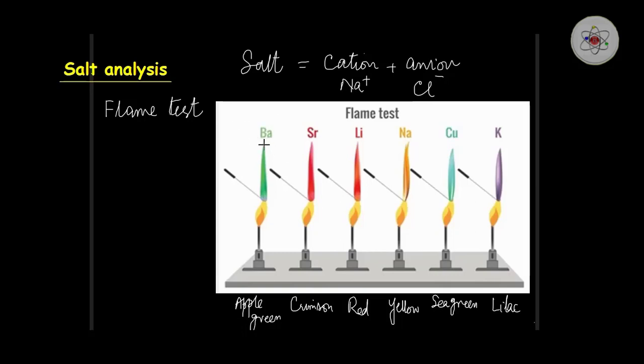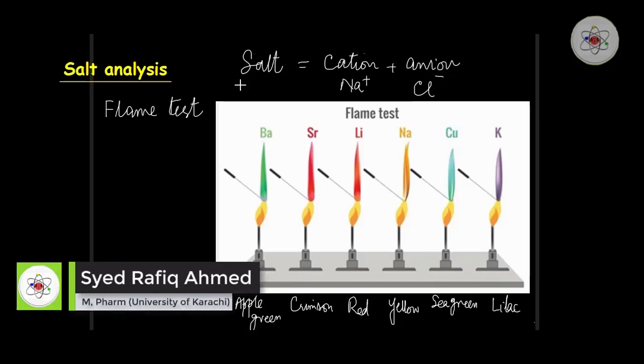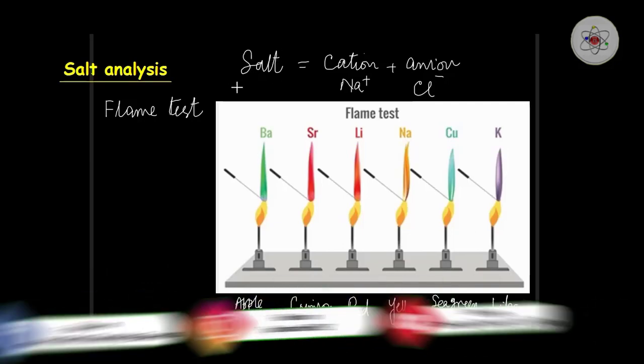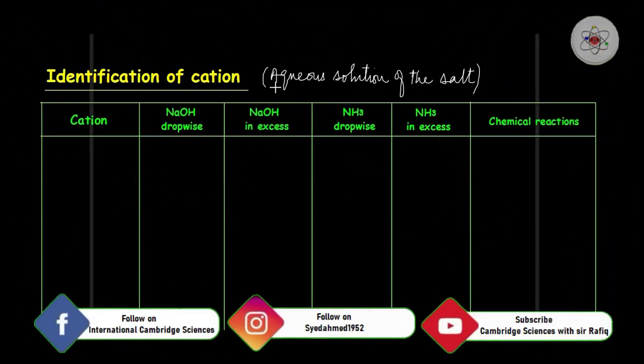But many ions like transition metal ions cannot be identified by flame test. So what we do basically, we dissolve the salt to make its aqueous solution, and then we do some tests adding reagents to find out those cations using the aqueous solution. So the sample of aqueous solution of the salt is taken in a different test tube. So first of all, we are going to